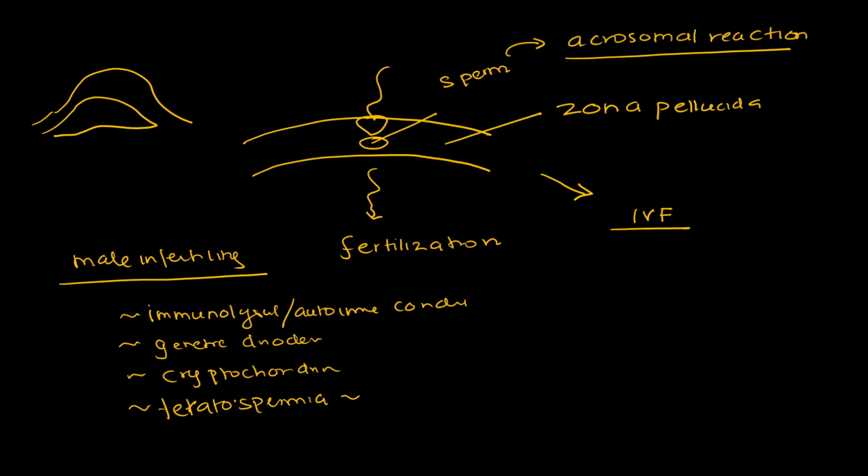So in such circumstances, what we employ is a process which is known as cytoplasmic injection of sperm, where even conditions that are associated with a defective acrosomal reaction can lead to fertility and the production of progeny.